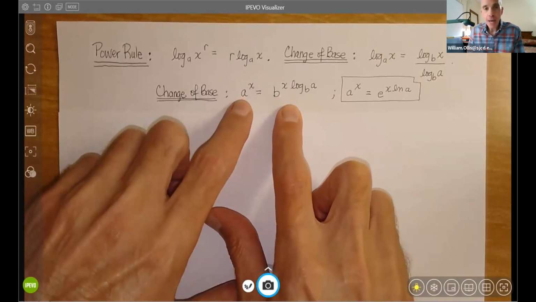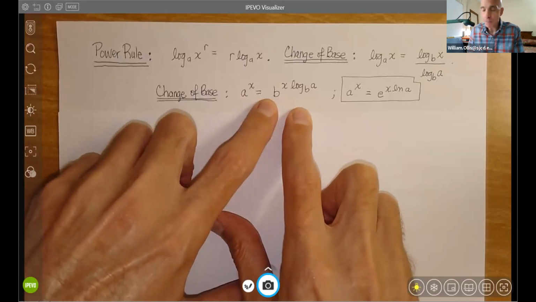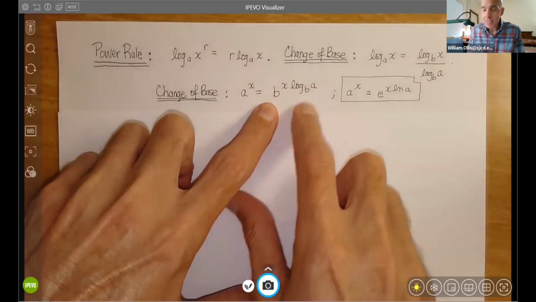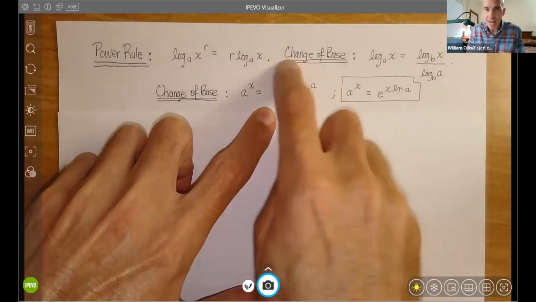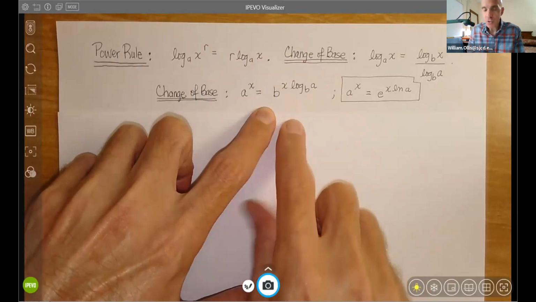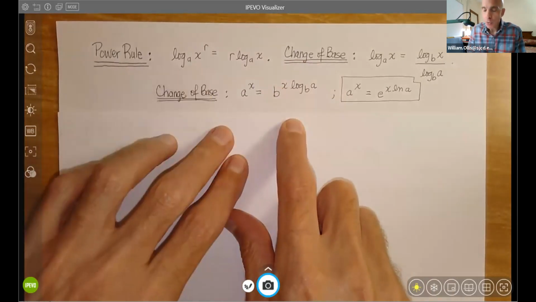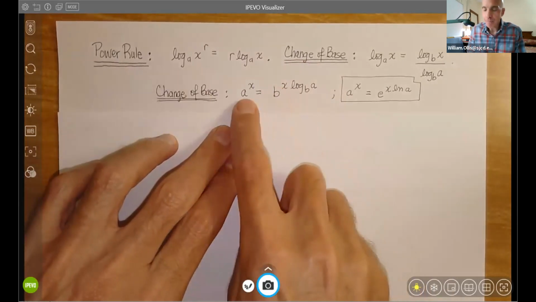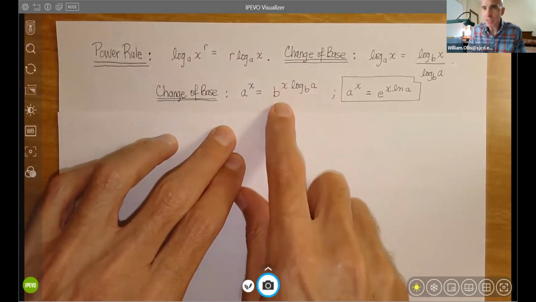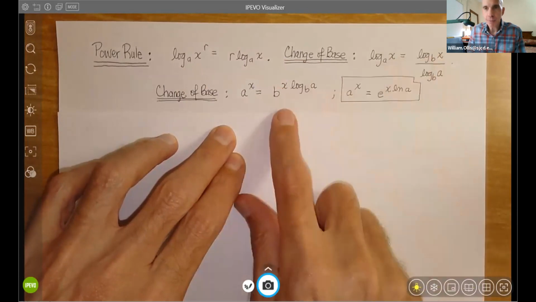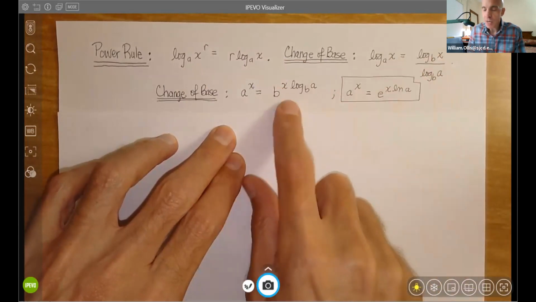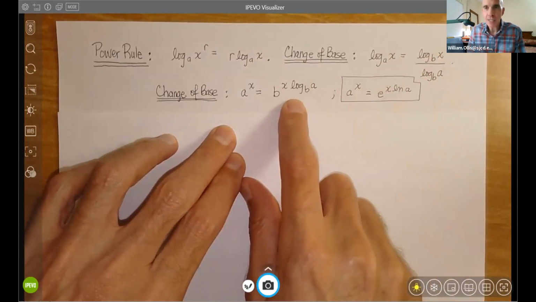So if we have a to the x and we want to change to b to the x, we're just taking basically the base b logarithm of a to the x and then bringing the x down in front using the power rule. So changing the base in an exponential function is actually simpler than doing this. They are related because these are inverse functions, but this is so easy it doesn't even require a theorem or